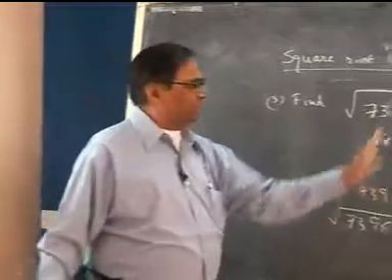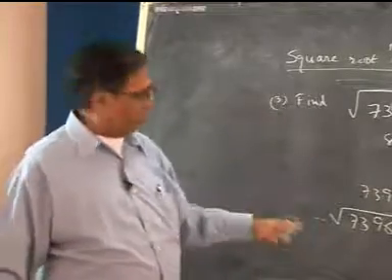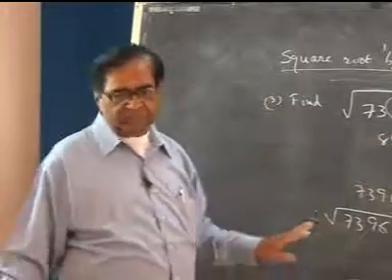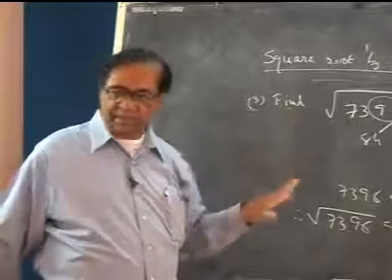Any one method you can apply. You can find out the square by any way, or duplex, or any one. Duplex is simple so that you can do it orally. You don't need to calculate anything more. So this is the way how to find out the square root by Vedic method. That's the end of the square root.